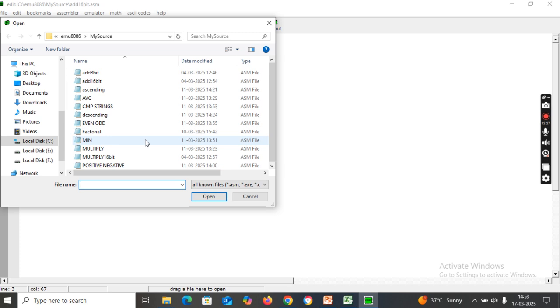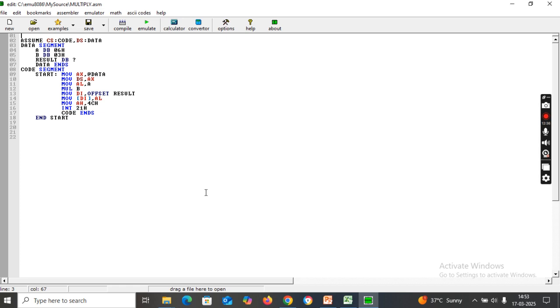Next, we will go for multiply. You will see once. Simple here. I have taken two bytes of data, 6 and 3, multiply and store in the result. Here, one word offset of result. The result, in that address it will be stored in the destination index, and AL will be moved into the content of DI. You see, compile,